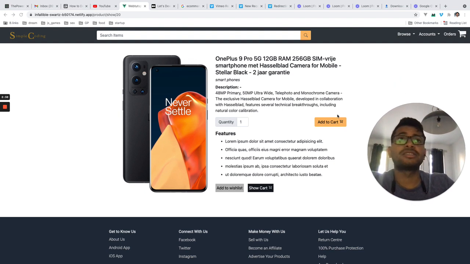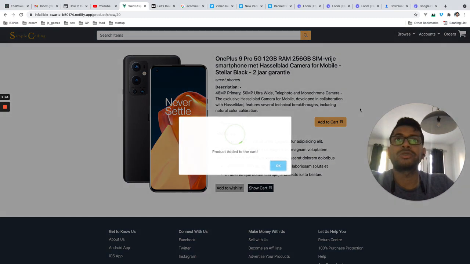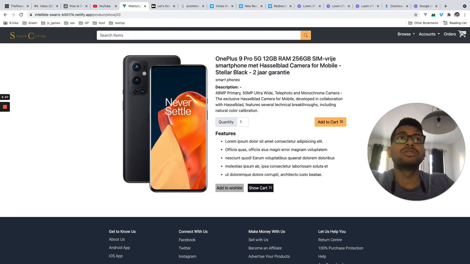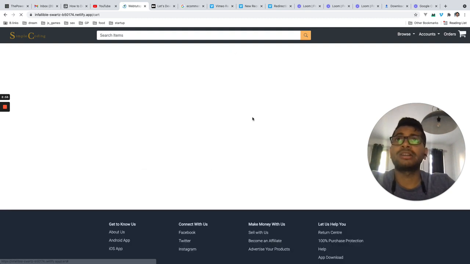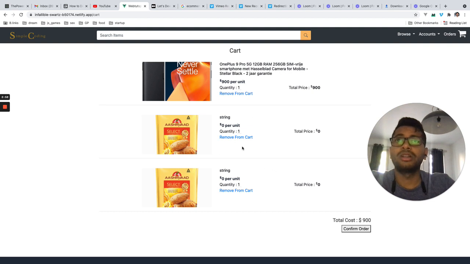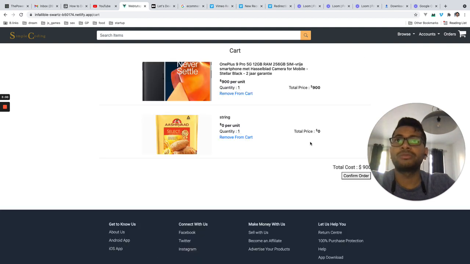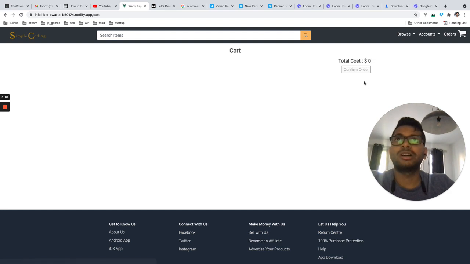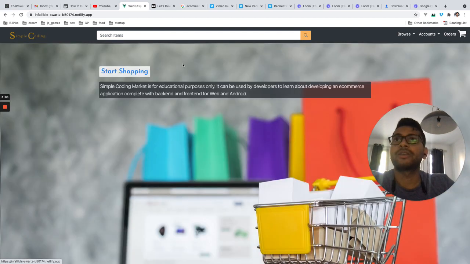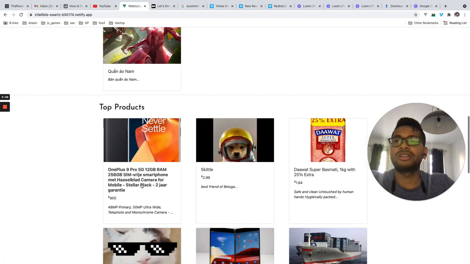I'm not sure if everything will work or not, but let's try. First let's click on add to cart. Yeah, it should be updated there. So I have this one in the cart, and I can remove things from the cart. I can also remove one more thing, and one more thing. Now my cart is empty. So let's add one more thing to the cart.